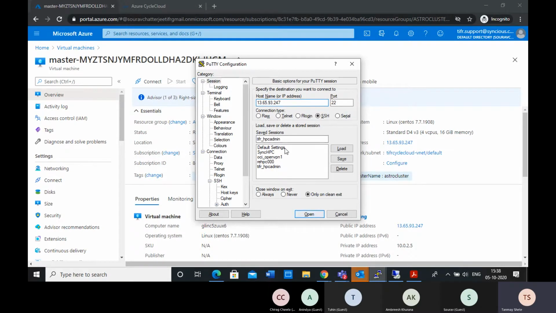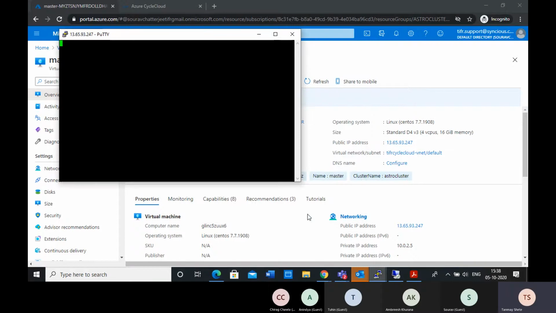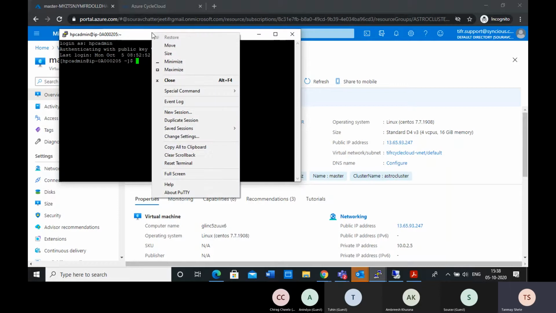So right now I am connecting to this system, and if you see, I can just enter as hpcadmin, and with this RSA key I was not asked for a password, which is what you will be using.